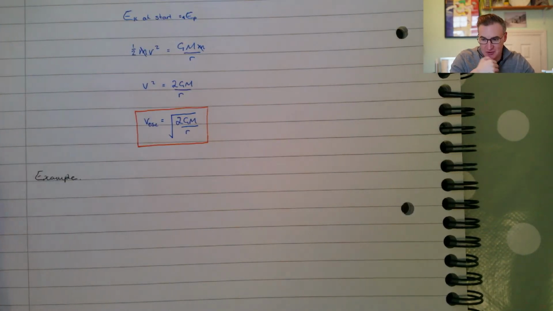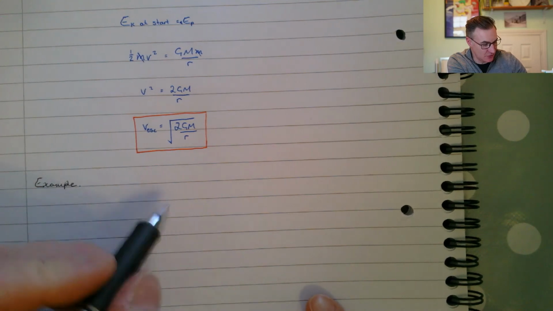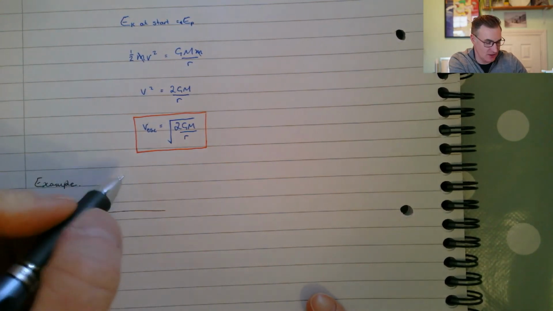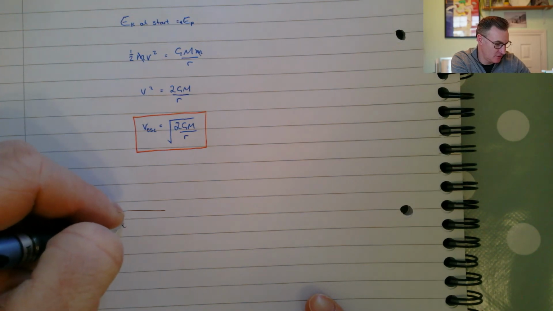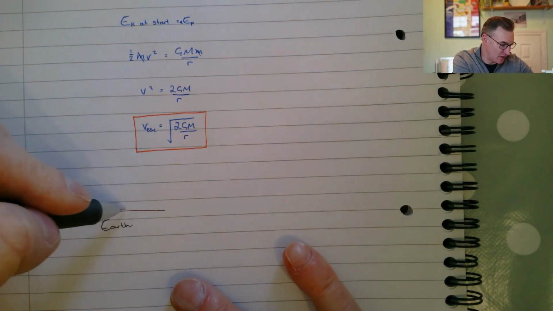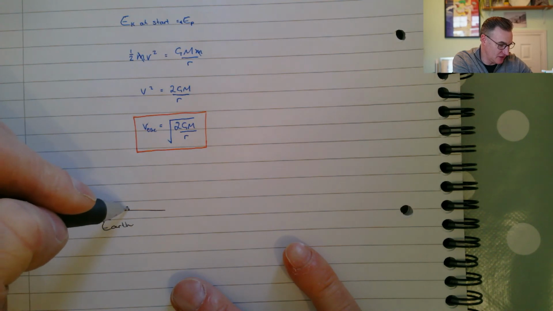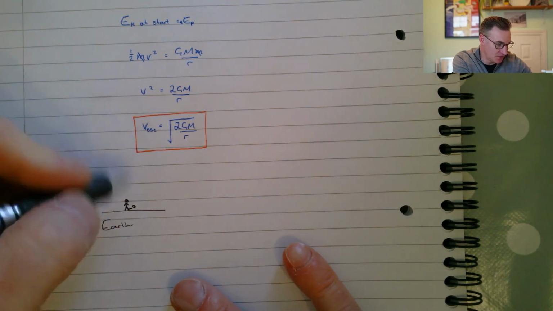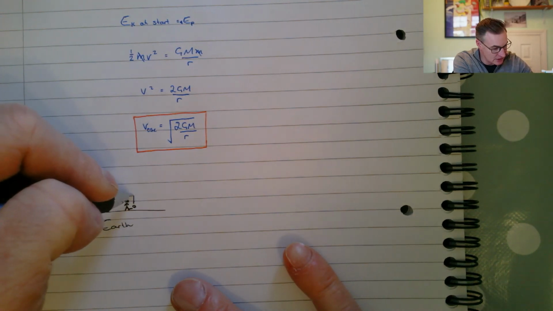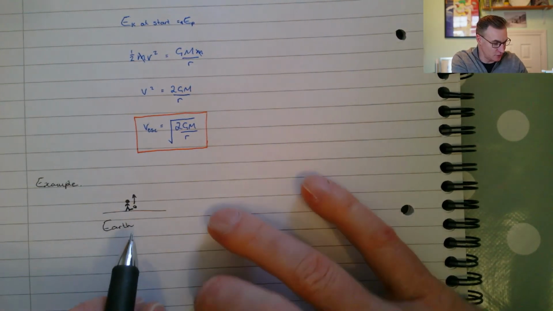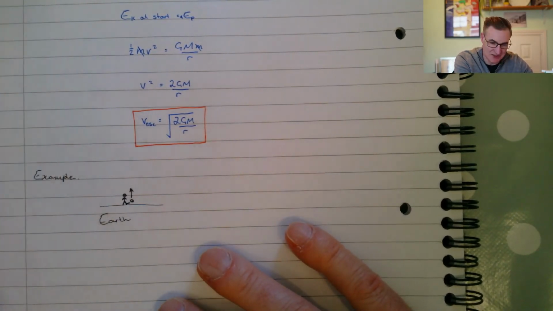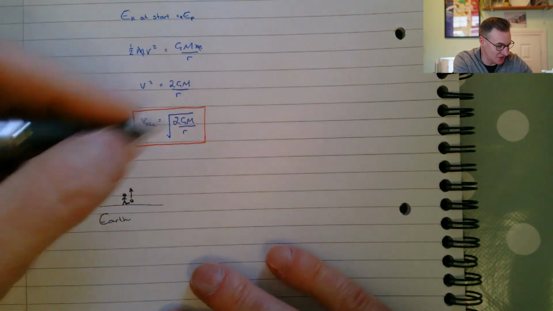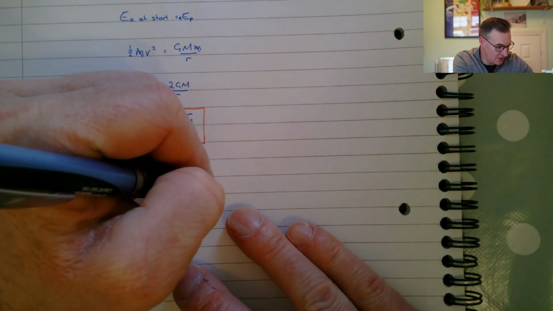Okay, we'll do a quick worked example on Earth. It doesn't really matter what, but let's say Chuck Norris goes to kick a football. What initial velocity would Chuck Norris have to kick a football if it was to escape the gravitational attraction of Earth? So we would have v escape from Earth,